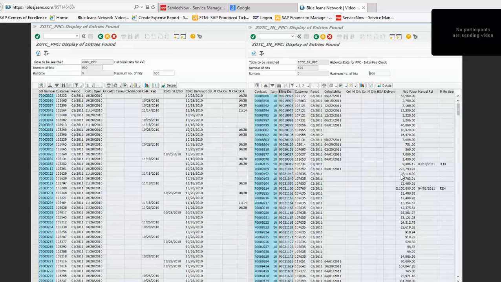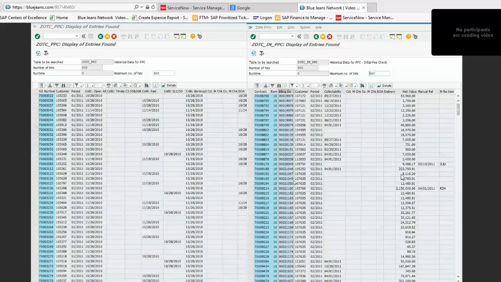Let me put it this way. We assume that whatever is filling in this column, you don't bill it immediately after creating the order. Order creation is one step and billing is another. We assumed these two tables were in sync,